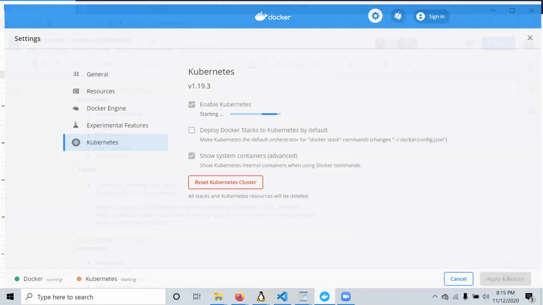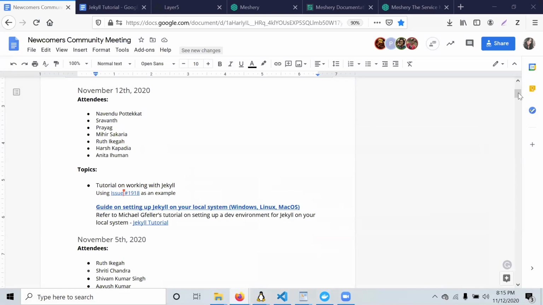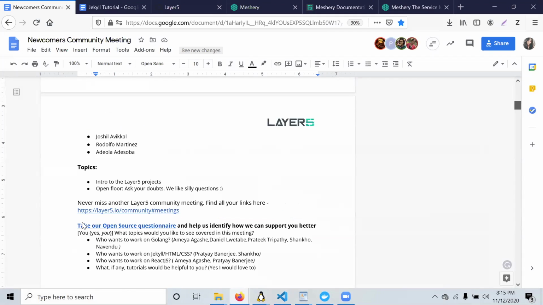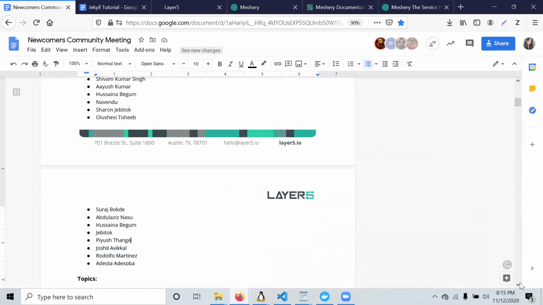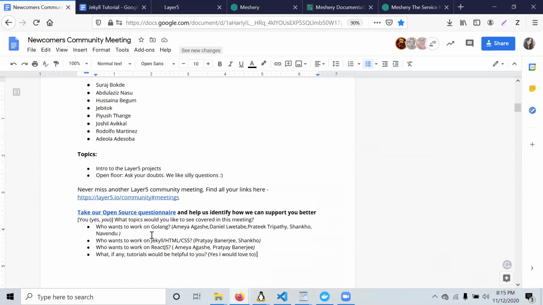I have maybe no knowledge of it. I have the idea of what Docker is on a theoretical basis, but I haven't used it so far. So if it is really required for working on things, I would really love a tutorial.